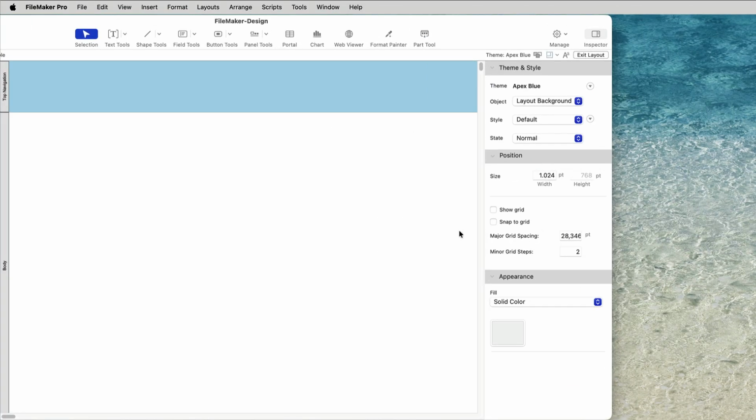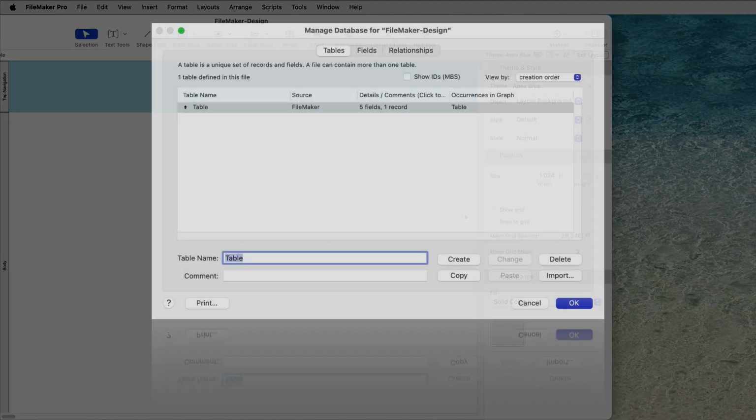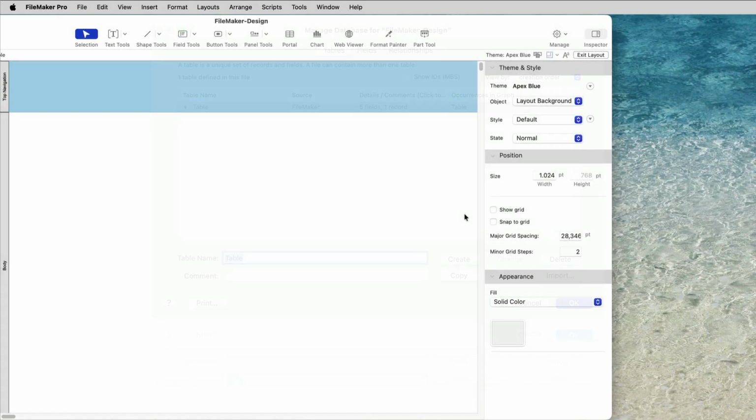And that's it. So basically what you see here is like a theme or a style sheet attached now to this layout. And the layout in FileMaker is created automatically. If you create a new file, a new table is created and a layout is then attached to that same table. And then a theme is applied, and the theme is a style sheet which defines elements on that layout.